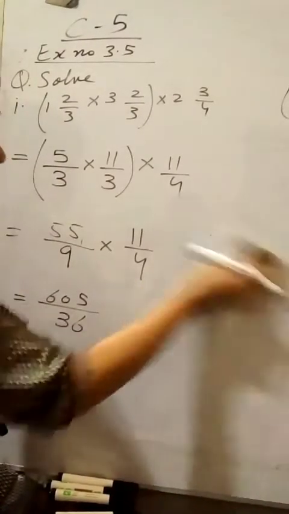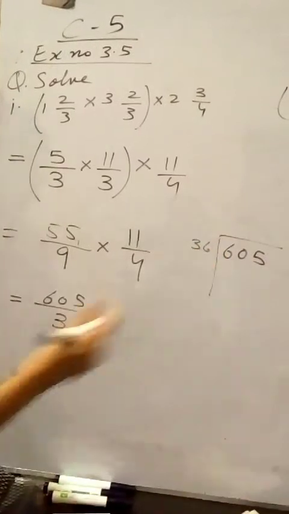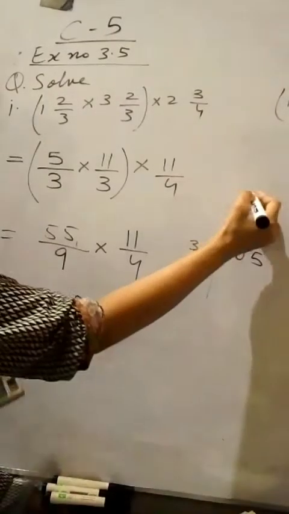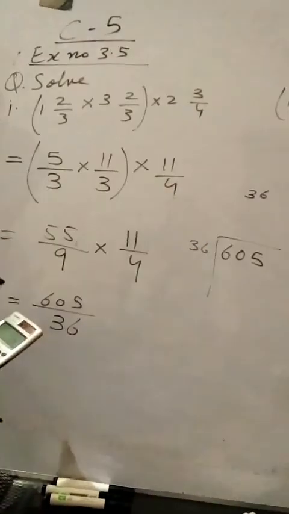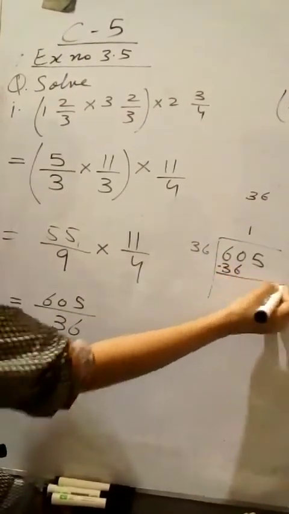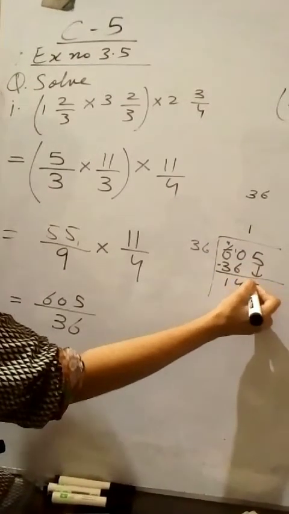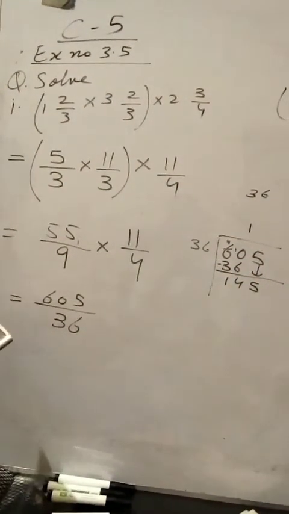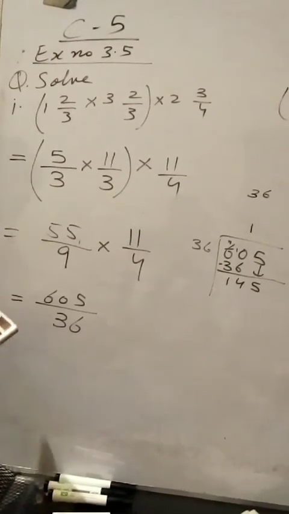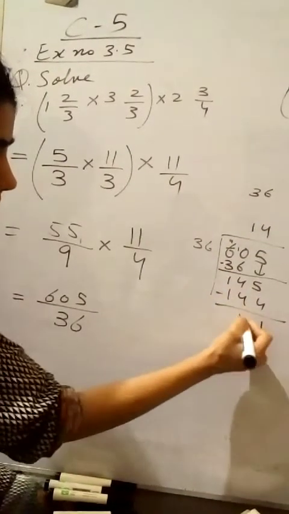How to find it? Divide it. 605 by 36. Let's check by multiplying 36 with any number. Take the 2 digits, multiply by 2. 36 one time, 36. Because with 2 is not possible. Borrow from this. 10 minus 6, 4, 4 minus 3, 1, and write down 5. Let's check with 3, 36 3 times, then 36 4 times, 144, so minus 0, 0.